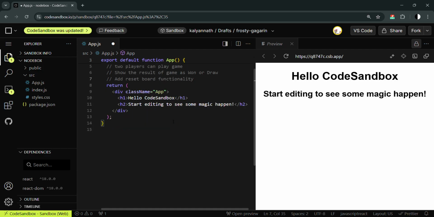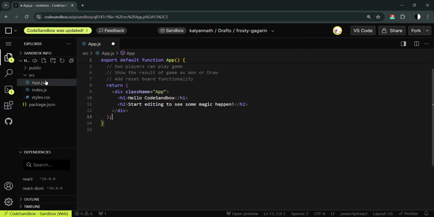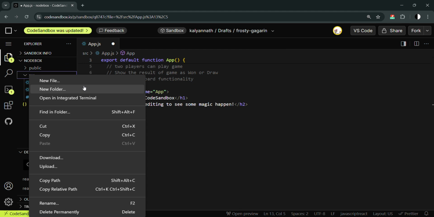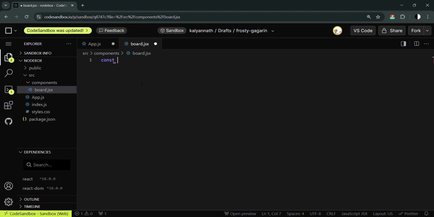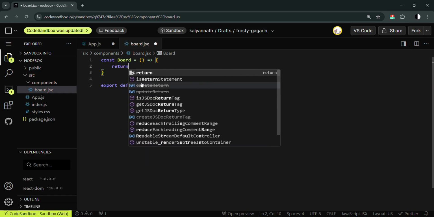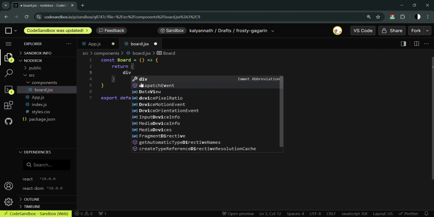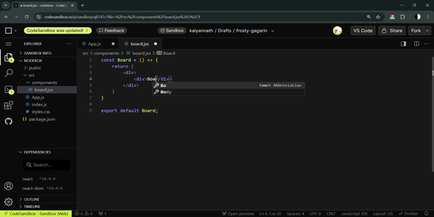So let's get started. Let me close the preview for now. I want to create one component for the board. So I'll create one folder called components, and inside that I'll create one file, board.jsx. I'll quickly export. This will display some data, board cells, I'd say. I'll save it,